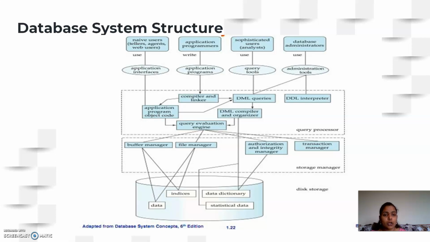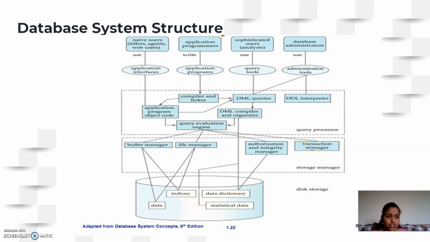Then coming to the authorization and integrity manager, as I already told you, in order to access the data or modify the data, authorization is very much important. As well, the transactions that we are performing must ensure that it is maintaining the integrity of the database. So it has to be consistent and all constraints must be satisfied. So where can you identify the constraints specified on the database? Obviously in the data dictionary. Where do I identify whether you are an authorized user or not? Again, that can also be identified on the data dictionary. So here the authorization and integrity manager will communicate to the data dictionary to check the constraints available, to check the list of users who can access the data.